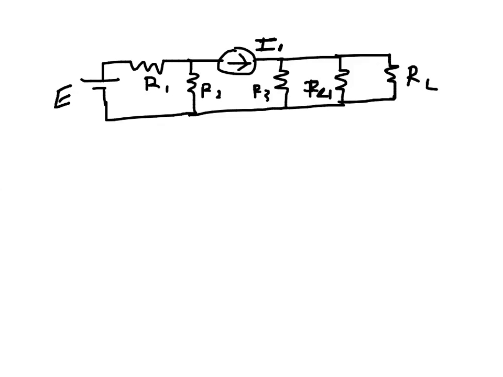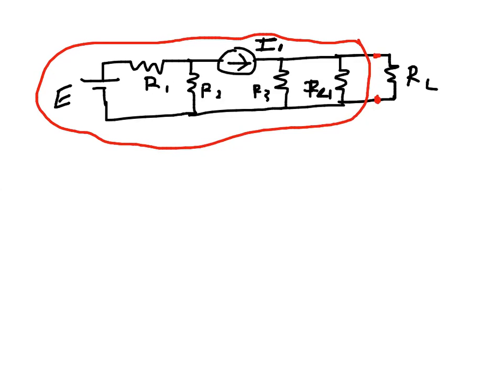Norton's theorem says that a part of a circuit can be replaced by a current source and a parallel resistance. That means if we look at this example circuit, this whole part can be replaced by a current source and a parallel resistance. And then if we want to analyze the response in this resistance RL, that means the current